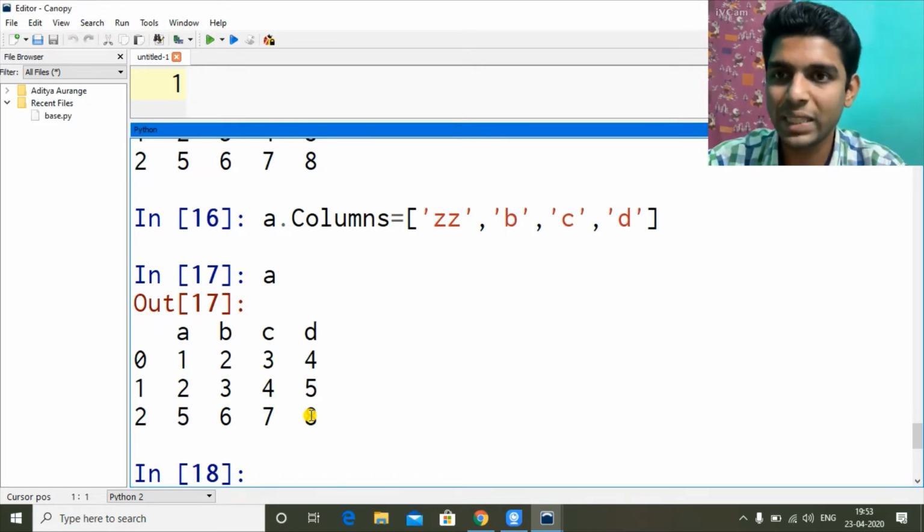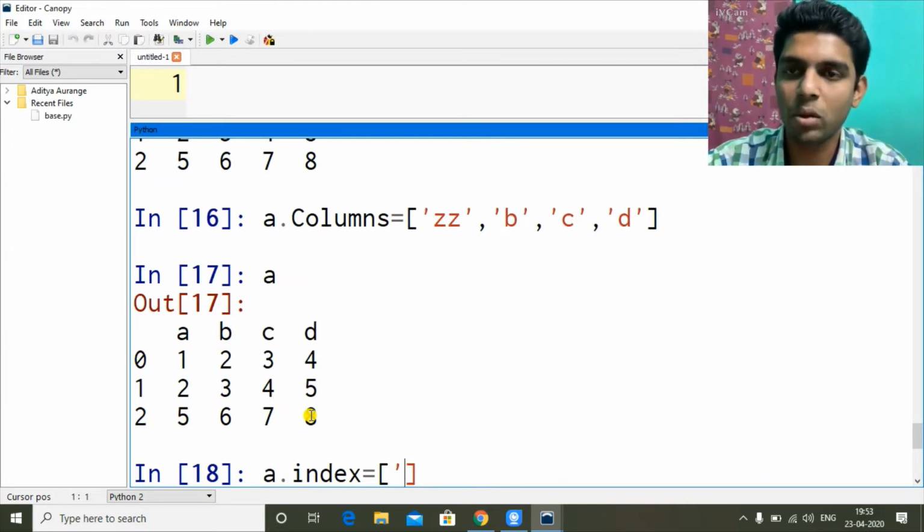Now how we can change index? Same way, index. Now here it is not S, indexes. So it should have given error because capital C, it's not doing anything, so it's useless. It should have given error like something like this does not exist, but it didn't give any error. So keep the columns word in mind with small everything.